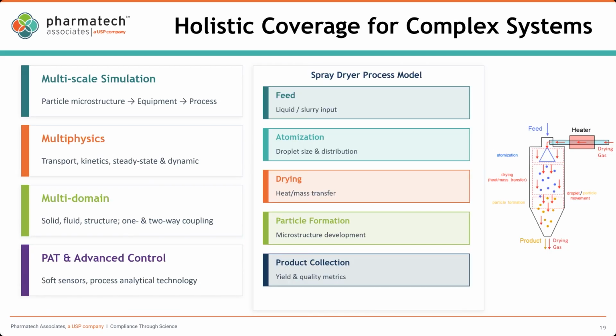As I mentioned, it's a very complex process with lots of scale-dependent properties, and the transport phenomena and evaporation happen in the chamber, starting from the feed composition or properties. What would be the impact of increasing your HPMC or excipient on viscosity, surface tension, and density? That would directly impact droplet generation and eventually the particle size distribution. So atomization, when we are selecting different cores and orifices for different atomizers, and also how we run the process: increasing the pressure increases the flow rate of the feed and also decreases the droplet size